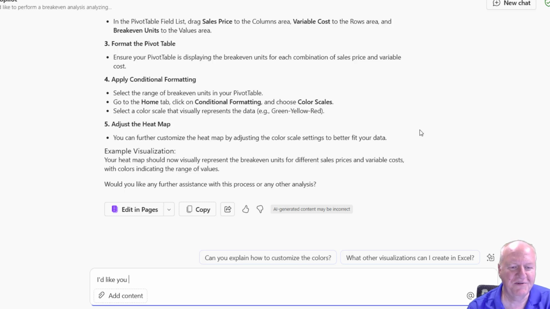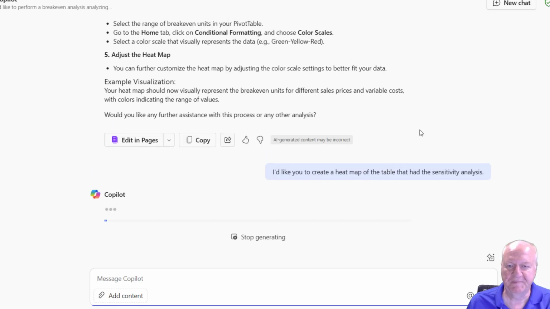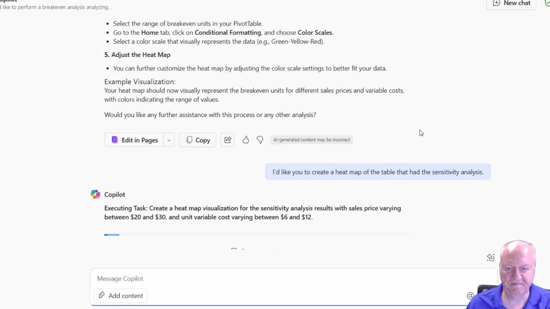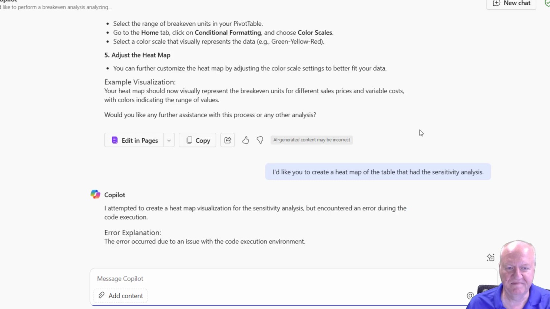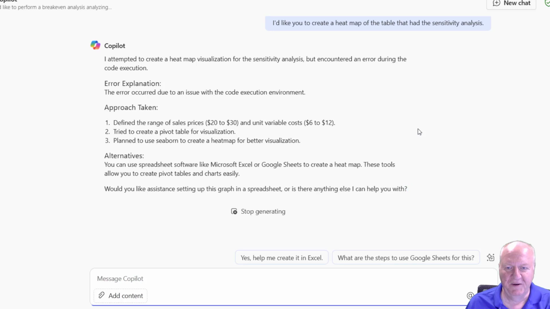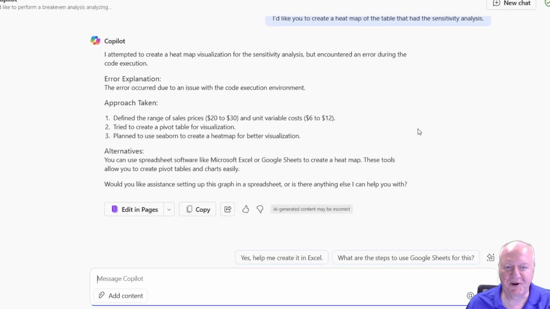I'd like you to create a heat map of the table that had the sensitivity analysis. Okay, so it looks like it's still not going to work for us. That might be where we're at with Copilot.